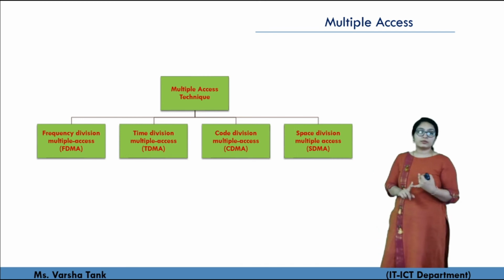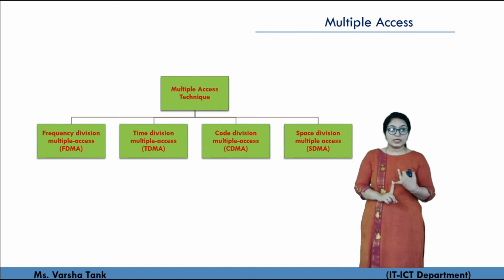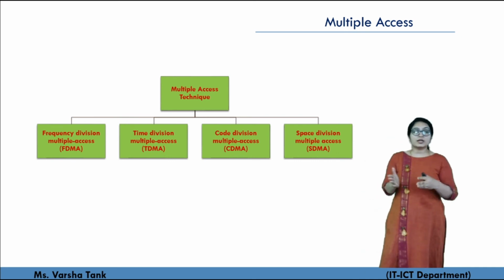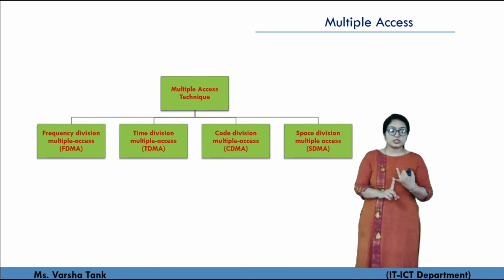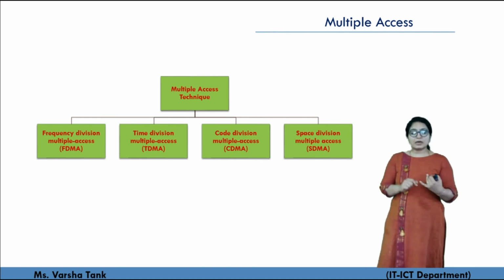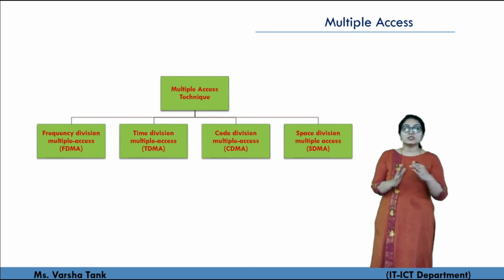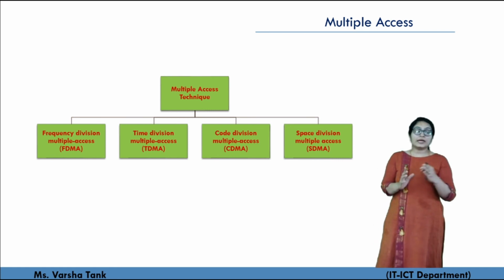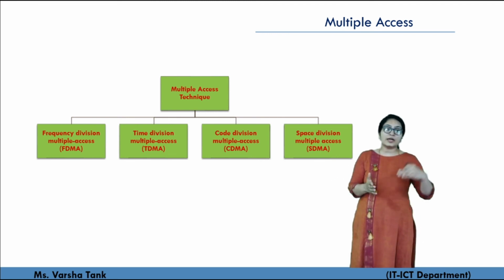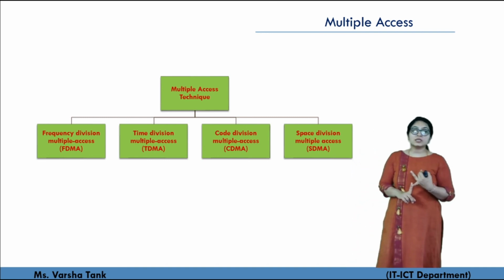In the same way, in frequency division multiple access we should know about frequency division duplex, that is FDD. There we consider a different channel for uploading and a different channel for downloading. For example, in GSM the entire channel uses TDM and is divided into 8 different slots, and there are 12 channels for downloading and 12 for uploading. So that is used as FDD, frequency division duplex.